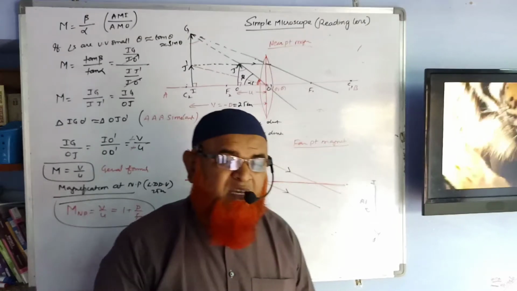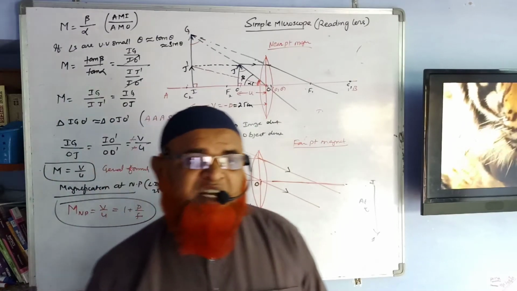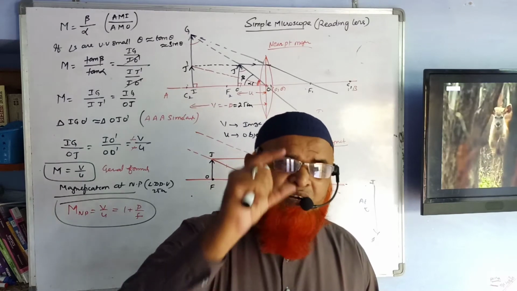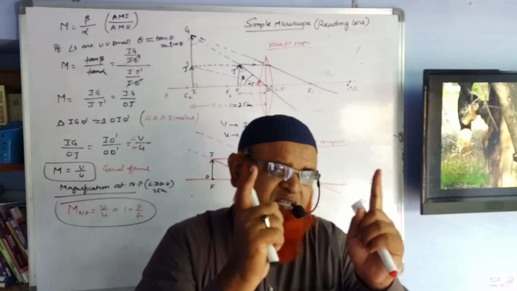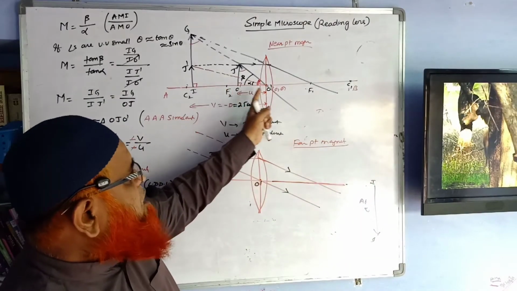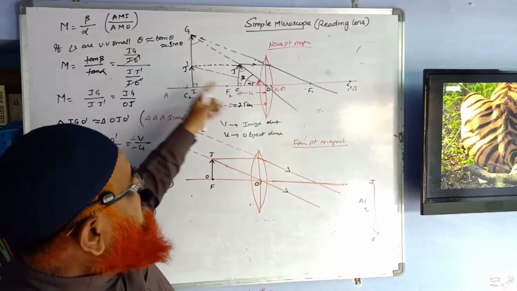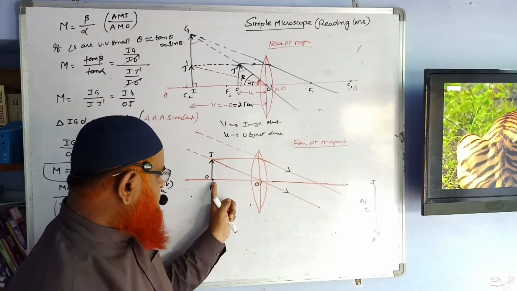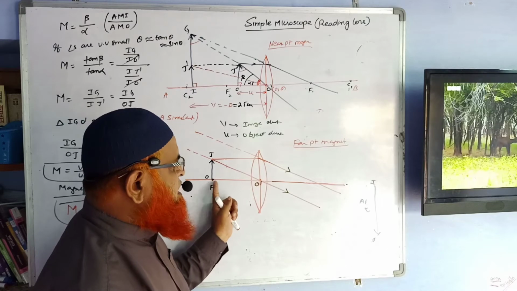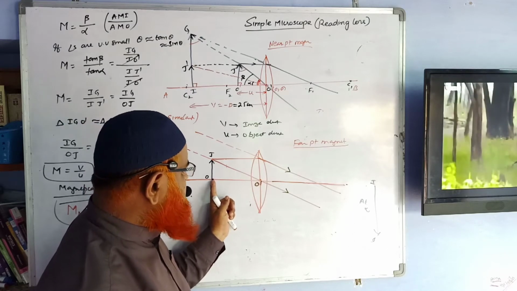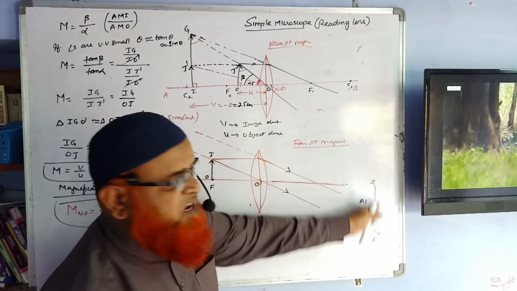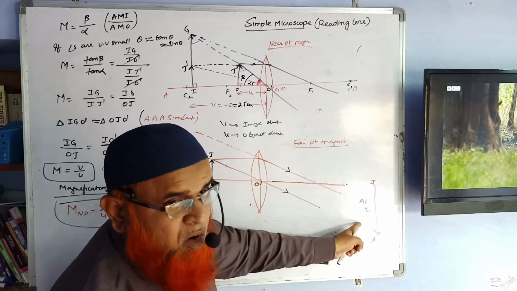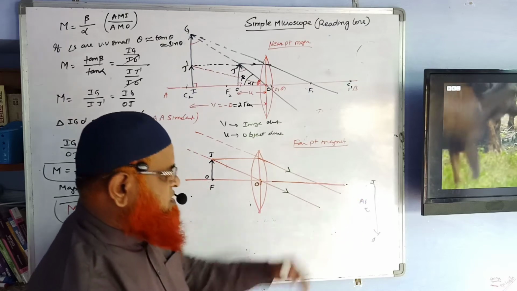You know the various images formed by an object in the case of a convex lens. In 10th class it is already covered. When you consider an object in between the focal point and optic center, you will get a virtual image on the same side of the object. But when you consider an object exactly at the principal focus, the final image is going to form at infinity, which is inverted, highly magnified. It is real also. Okay, so this is the concept here.